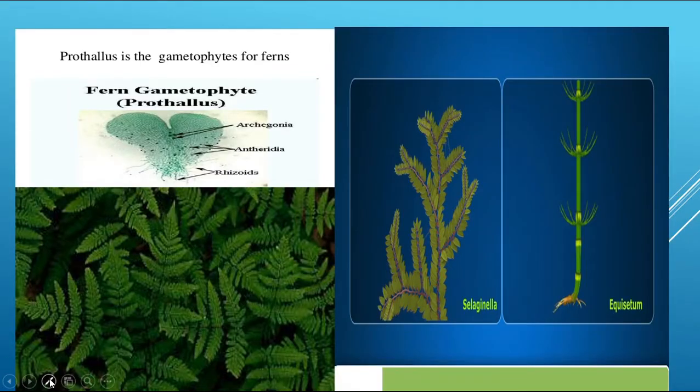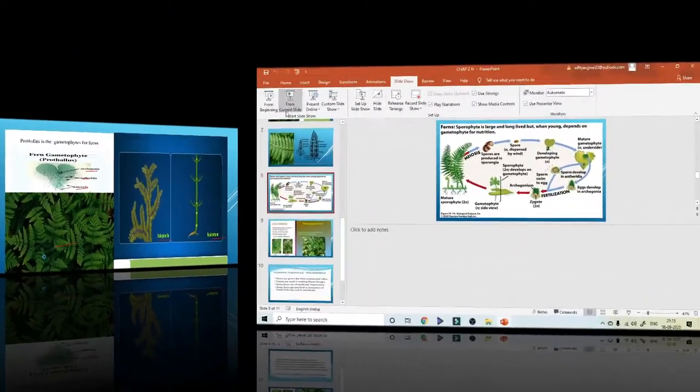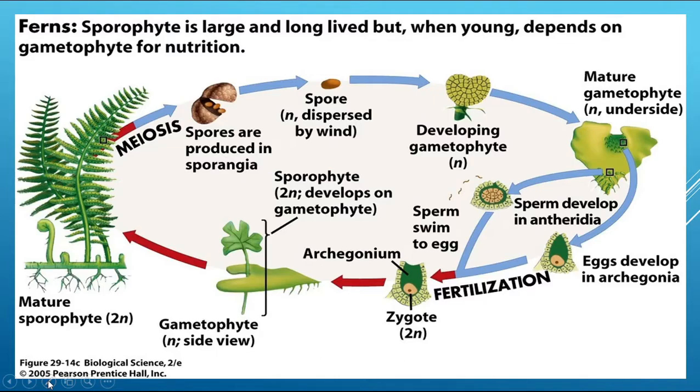This slide is showing the figure of the gametophyte, which is also known as prothallus. Here we can see the rhizoids of the prothallus, which bears the antheridia and archegonia to give rise to the sperm, that is antherozoid, as well as egg. This is the structure of the Selaginella plant, and this is equisetum. This is the fern, leaves, this is the habitat, how it is produced, and on the other, inner side they produce the spores.